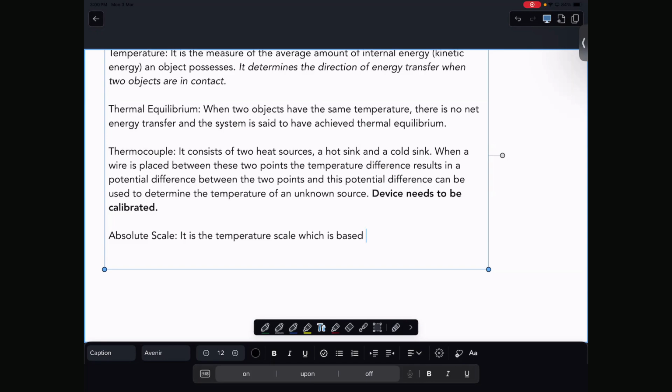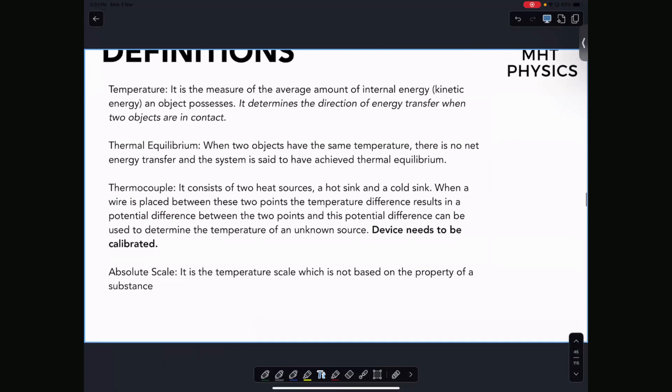Okay, so it's not using any physical attribute out there, which means there is no limit to its temperature measurement. You can go as high as you wish. There's nothing to end to it, right? So the official definition of a scale that does not depend on a property of a substance. So it's a temperature scale which is not based on the property of a substance. Okay, our definition is